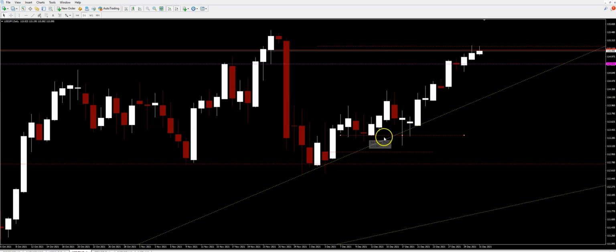lines on the body of the candle, based on the fact that it's a downtrend, the lowest body, or if it's an uptrend, the highest body. But since this is an uptrend and it came down to here, wicked, came down to here, wicked, came down to here, wicked, came down to here, wicked, and then this candle, this engulfing white candle or bullish candle, broke this candle. Once it broke up and closed and this candle started to form, I could have taken a trade